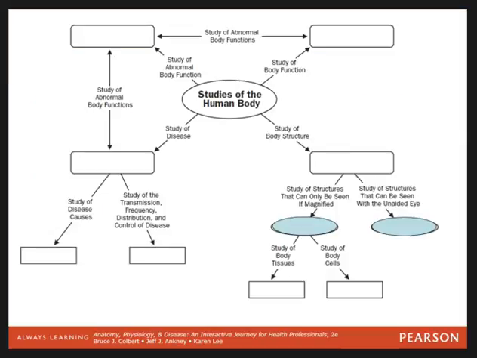All right, so let's talk about some terminology in the studies of the human body. So, study of body function was